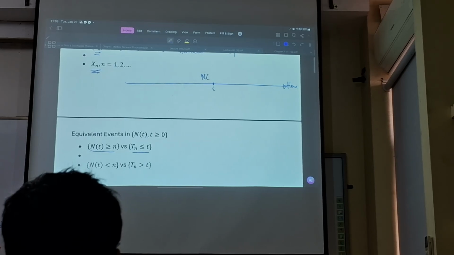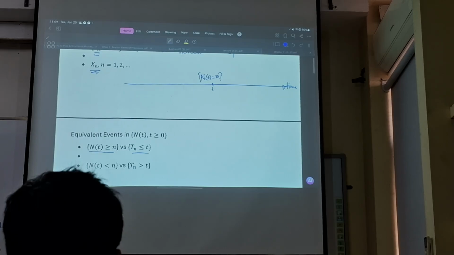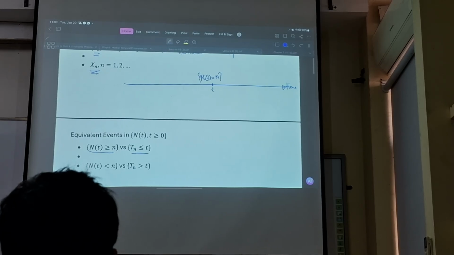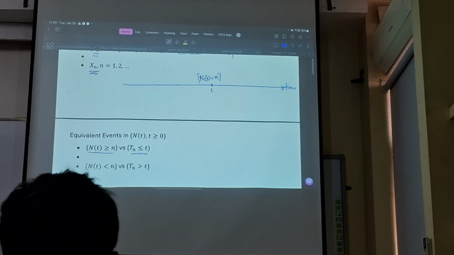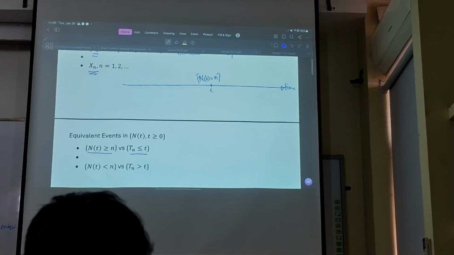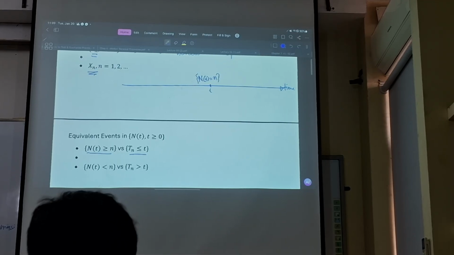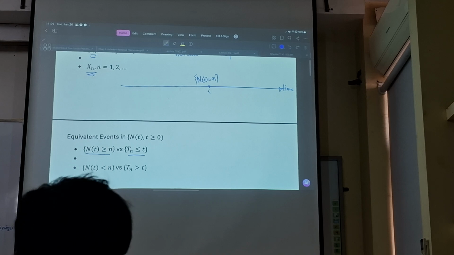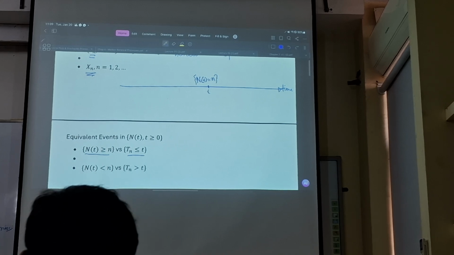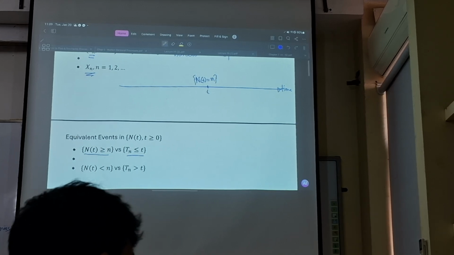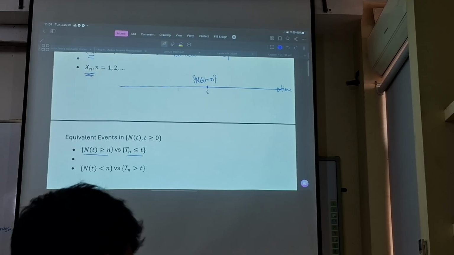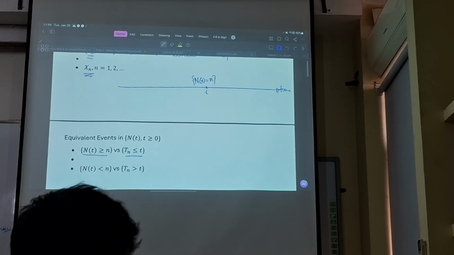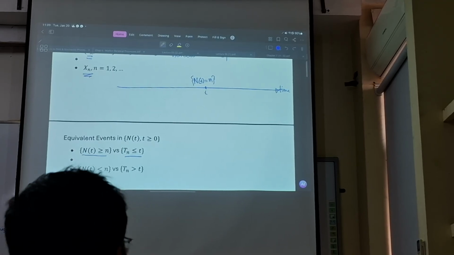N of t equal to n. What does this event represent? It represents that at exactly time t, the nth event occurs. In the continuous sense, we never say this, but just for the sake of discussion, a very equivalent event is